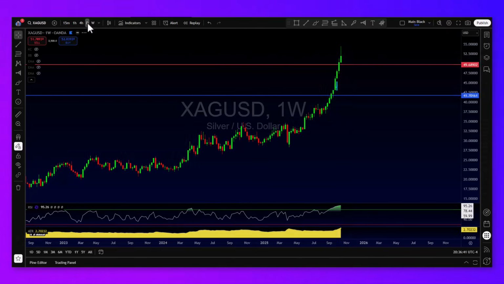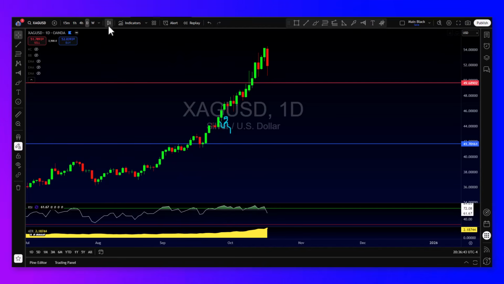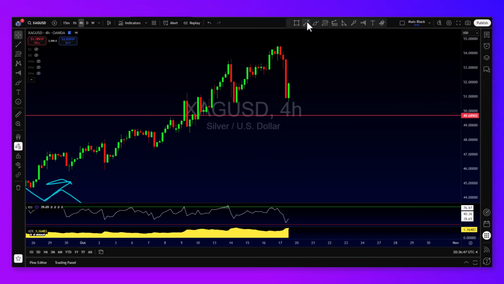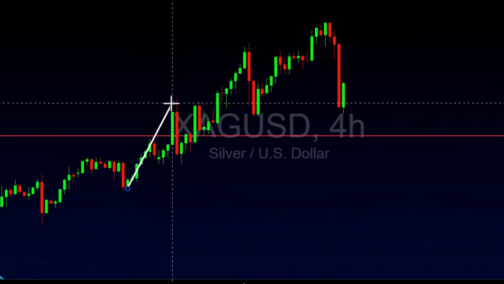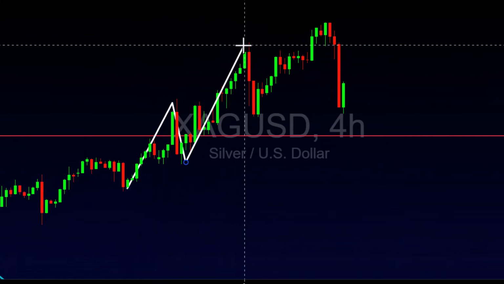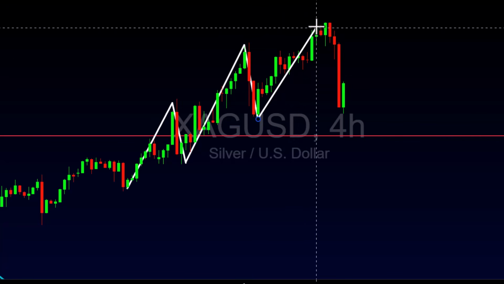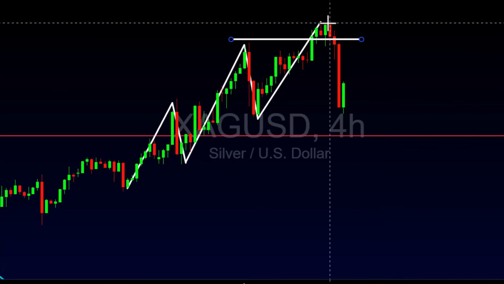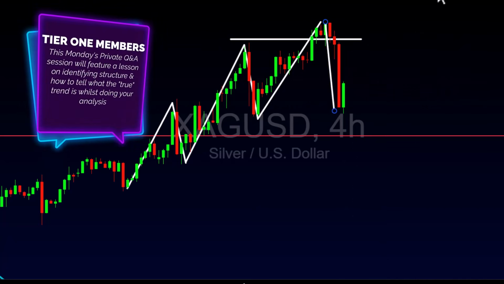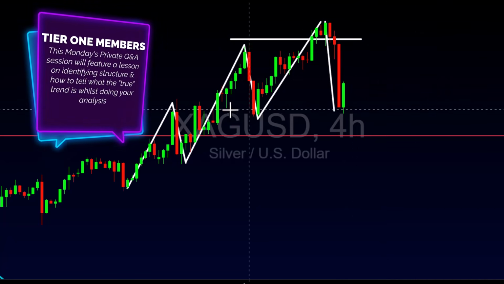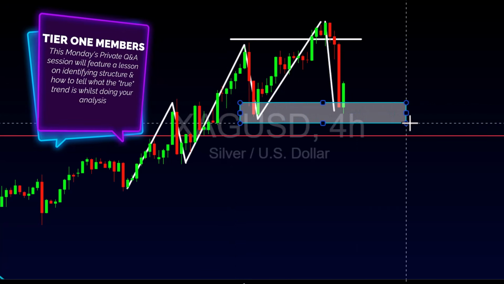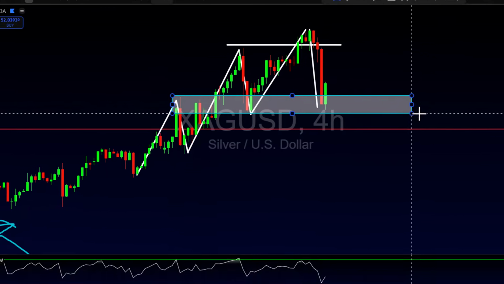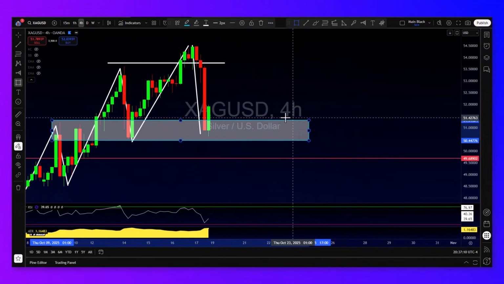So if we go down to a daily chart, and let's go down one more actually to a 4-hour, you're going to start to see something pretty interesting. Again, if I just draw out my ebbs and flows here, flow and ebb and flow and ebb, right? You're going to see that price action made a new structure high here. We're coming right back down into our previous outside return. So if this trend is going to be intact, this is a level that we should see some importance at, right? The bulls should try to protect this level,